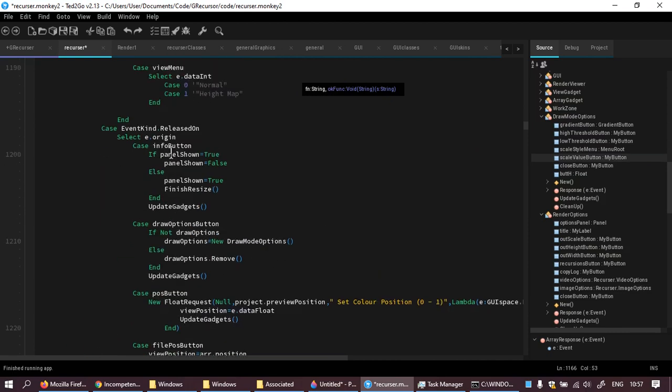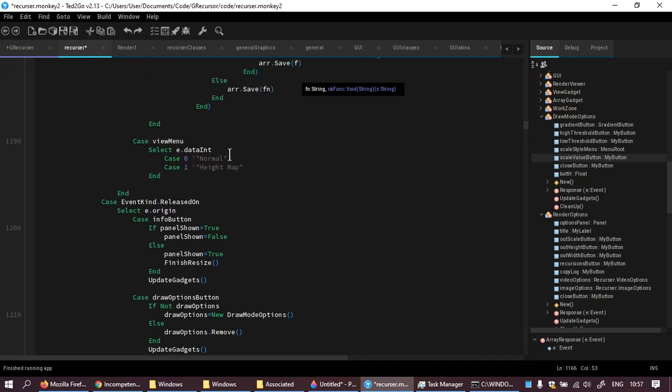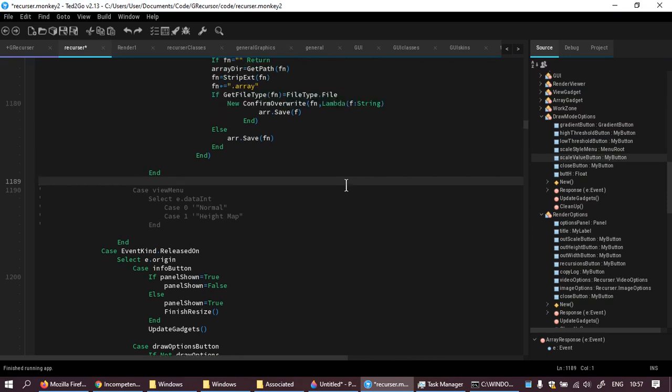I wonder if I should just get rid of the view menu. I was thinking again about height maps and thinking, yeah, it's nice, but it's one of a bunch of things that could be done really with the data that's output from this. So I wonder if while I'm here, I will just say the view menu is a thing of the past for now. And what that will mean is